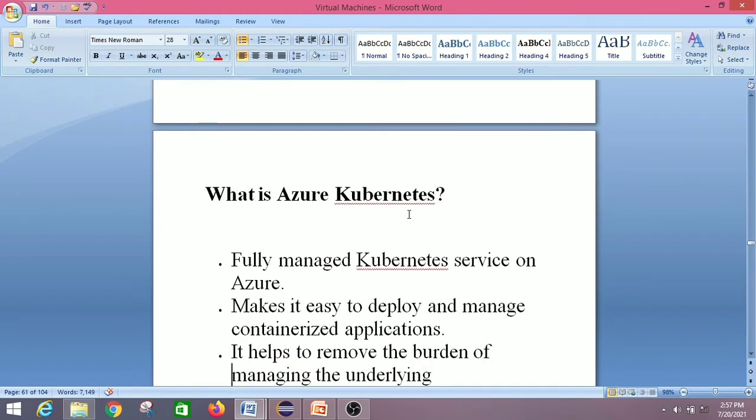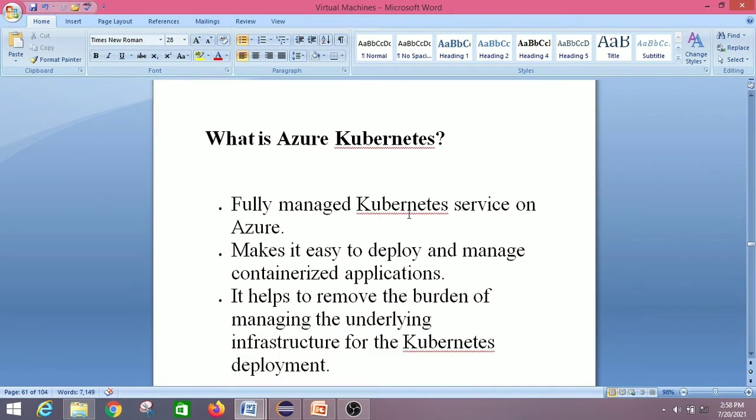Azure Kubernetes Service is a fully managed Kubernetes service on Azure. It makes it easy to deploy and manage containerized applications. It helps to reduce the burden of managing the underlying infrastructure for the Kubernetes deployment.